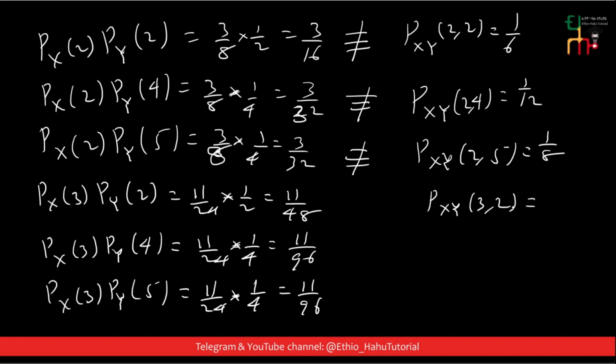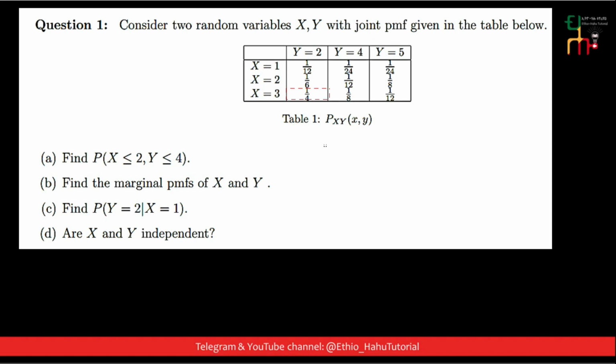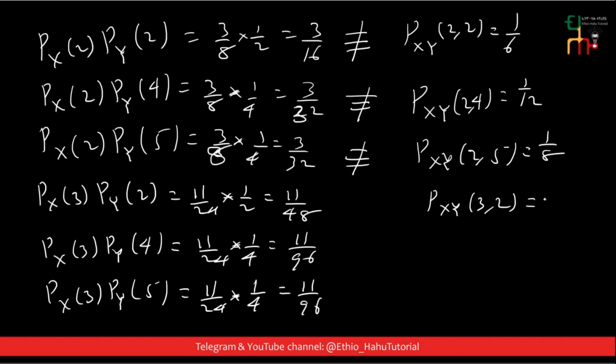3,2 ሲሆን ስንት ነው? 3,2 ማለት 1 over 4 is equal to 1 over 4, which is not equal to this one. The joint probability mass function of 3,4